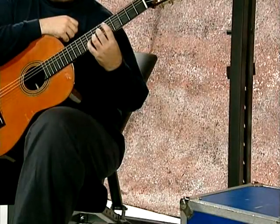Now, let's look at our left hand position. Now I want you to take your left arm